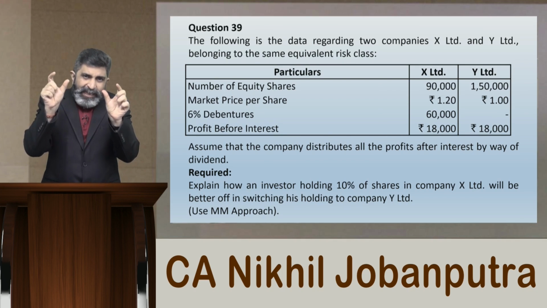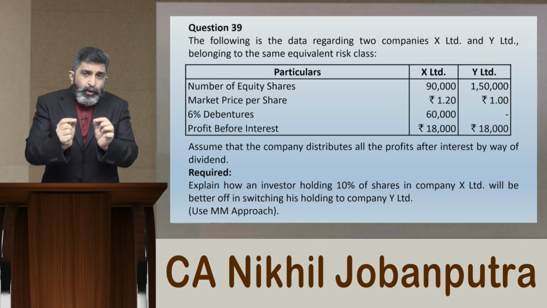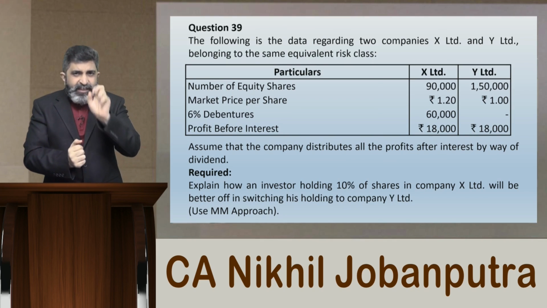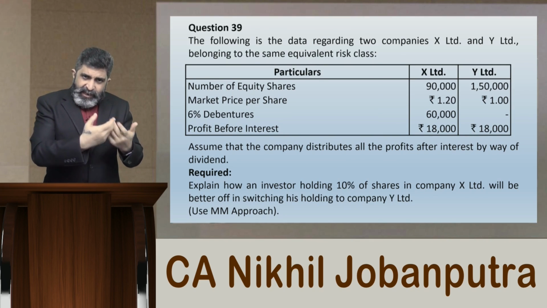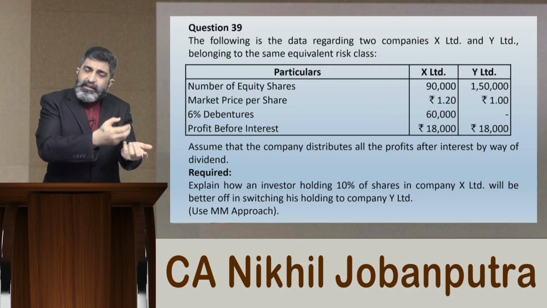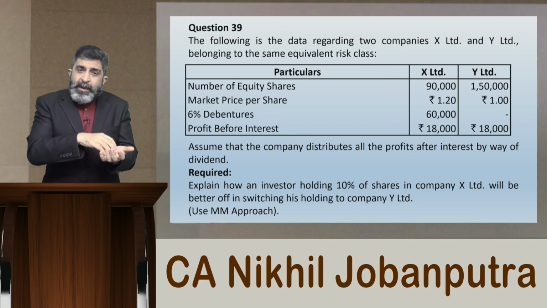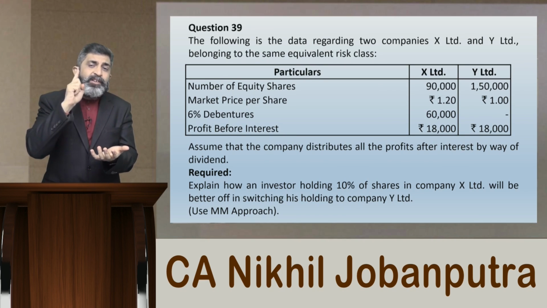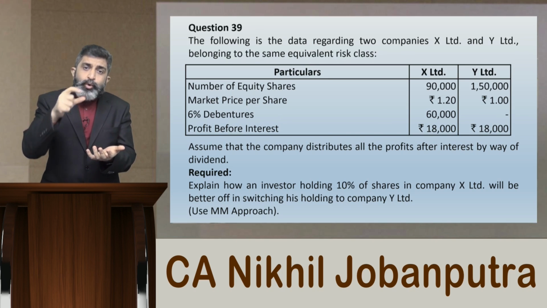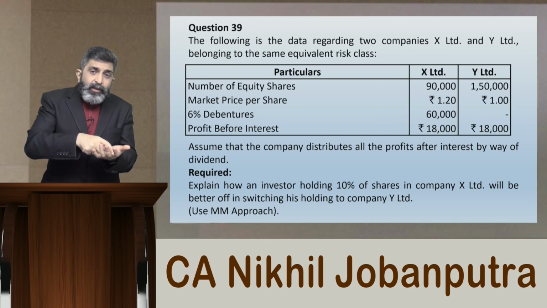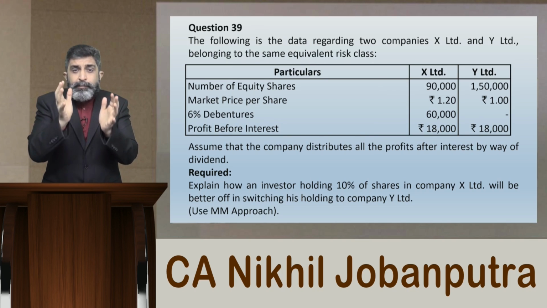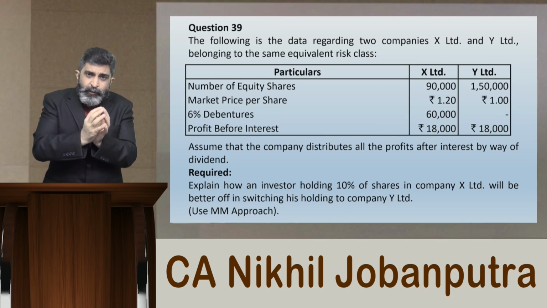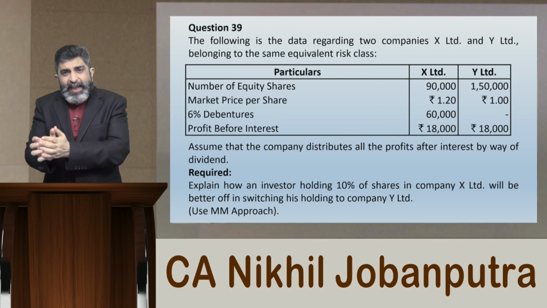First of all, you work out the EPS of both the companies and look into, as an investor, how much I was earning from that levered company. Next, you as an investor sell all the shares of that levered company, and the moment you sell the shares, you will get money, of course. You also should raise personal borrowings in proportion to the investor's borrowings which were with the levered company, so that the burden on the investor remains as it is. Then with this clubbed investment, as many shares as you can buy in that unlevered company, you buy.